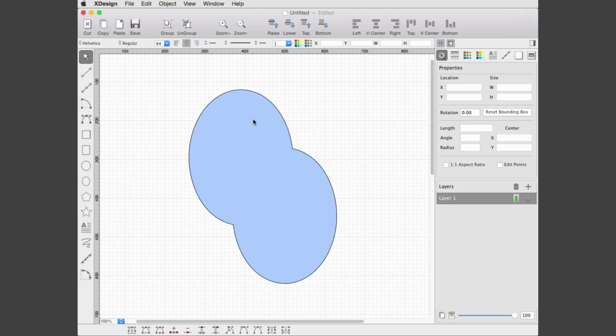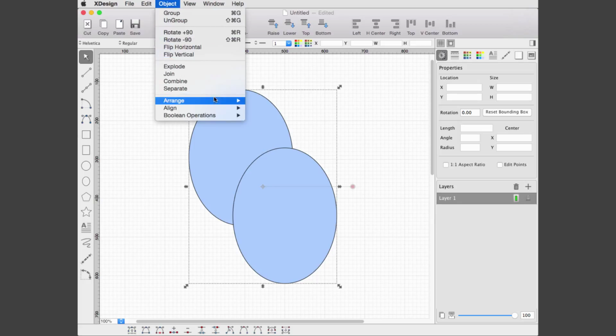This is different from grouping, as with unite, the objects are merged at the node level to form a single object. Intersect merges the overlapping area of the objects with the remaining portions removed.